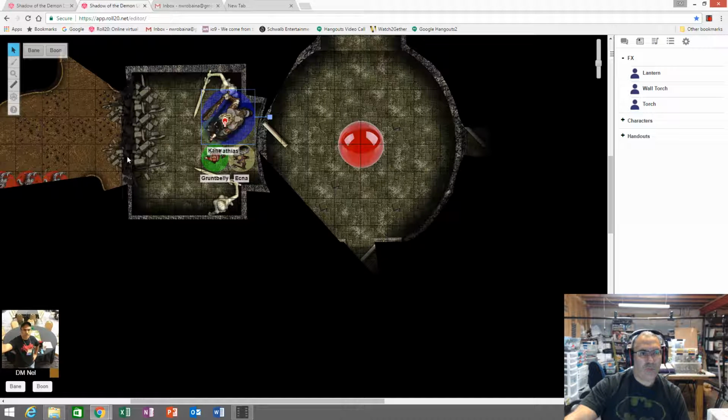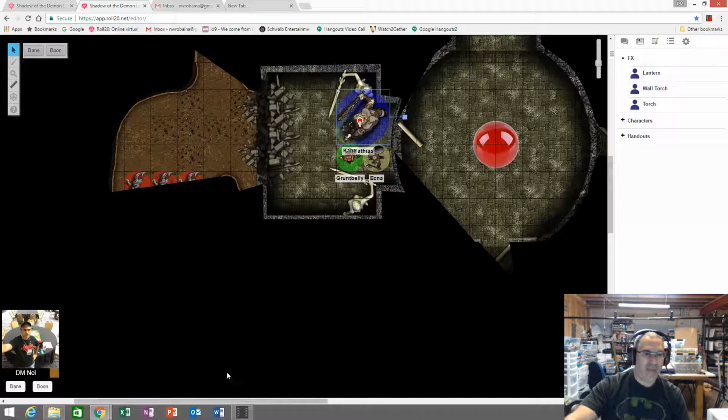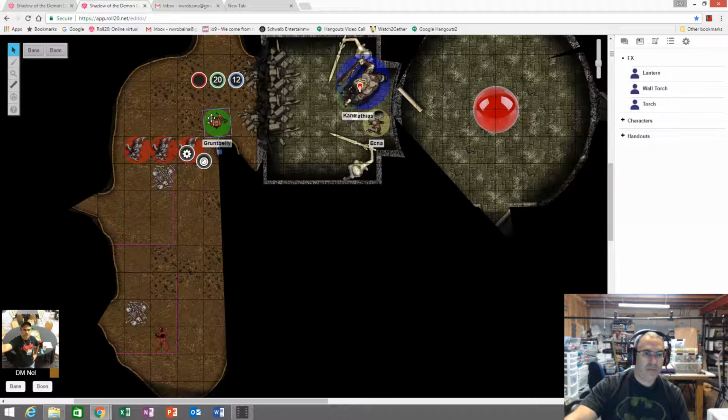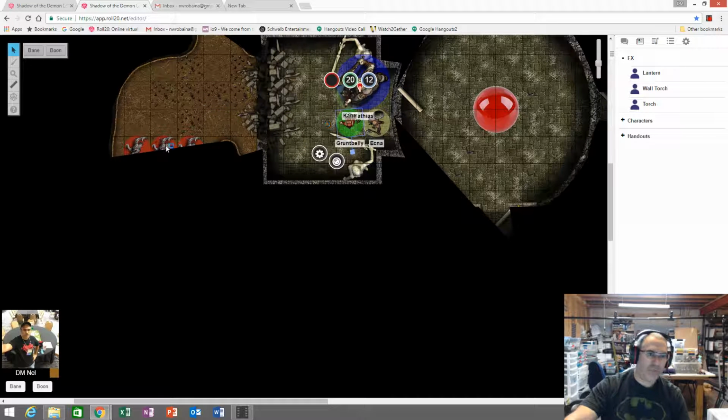But they did notice that the wall at the far end of the room had been torn down. And so there were some caverns beyond. The Jotun and one other character, I can't remember who, had stepped through the hole and found that there were troglodytes inside. And so they decided they're going to back up into the room and wait for the troglodytes to follow them so that they can have a fight on their turf.